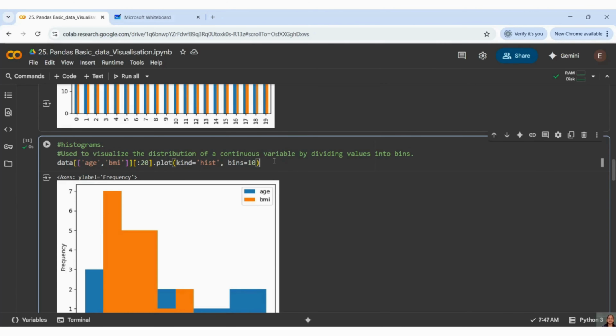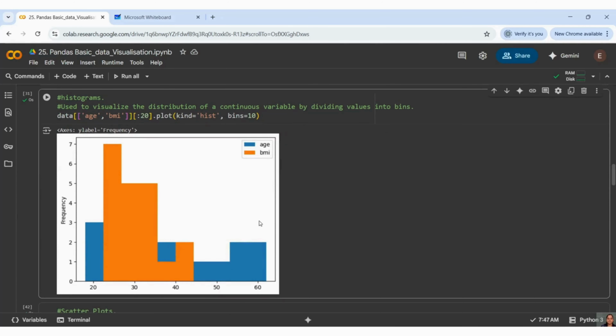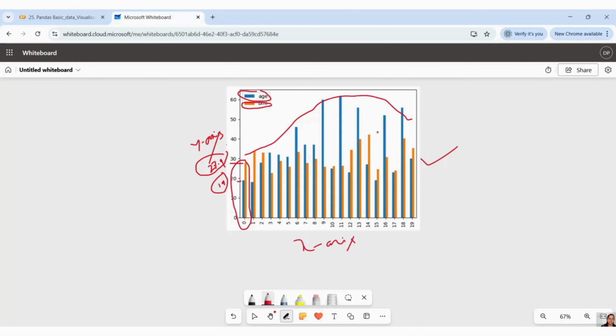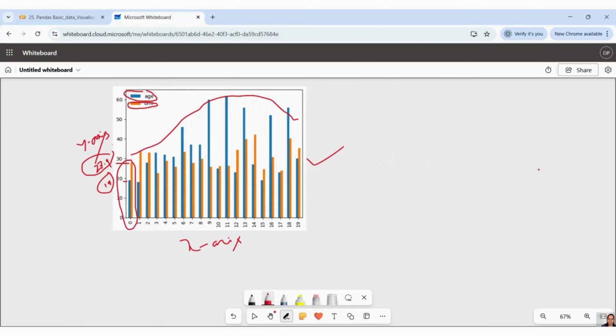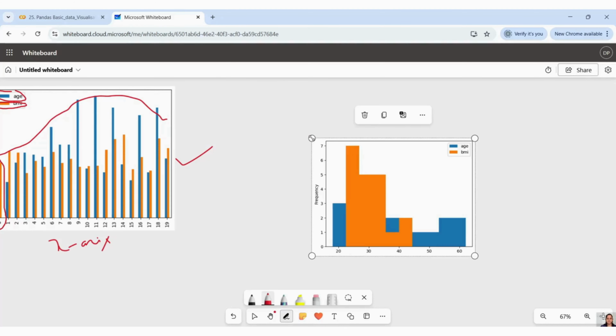So histograms, again, continuous variable. If you want to divide it with bins, this particular continuation is called a bin, guys. Bin means, like, you want a bin of 10. Let me take this image again, copy the image, paste it here.